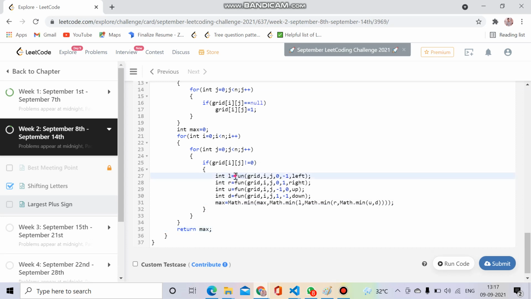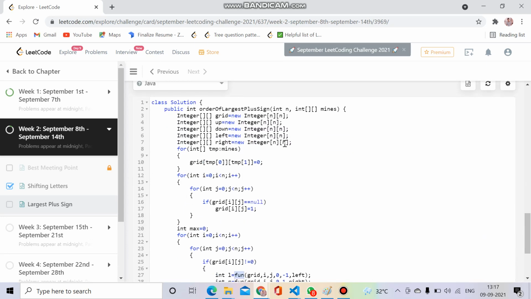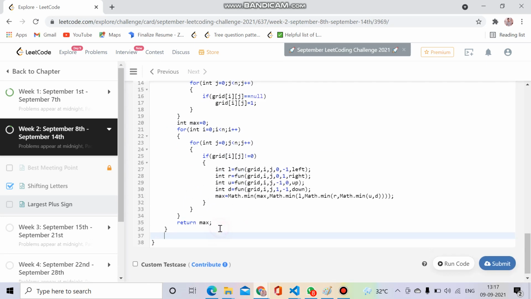This function will return the number of zeros upward, downward, left and right. So let's make this function, and it is returning something.